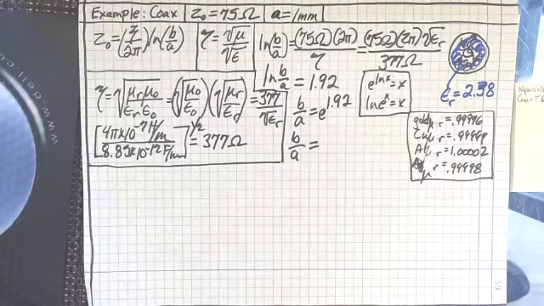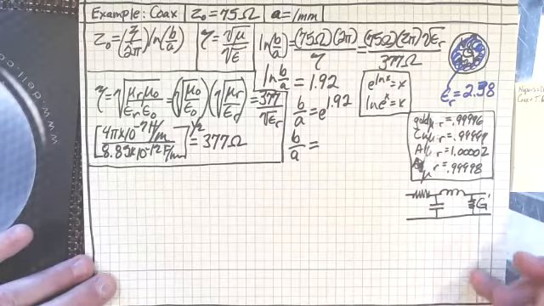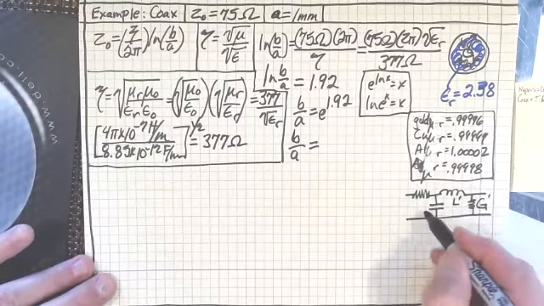And let's never forget what the communications circuit looks like. This is it. Except the G prime is always 0. And then we've got L prime, we've got C prime, and we've got R prime. And those are all resistance per unit length, capacitance per unit length, inductance per unit length, and then, of course, conductance per unit length, which is 0. So we've got this, and then we take the e to the 1.92, and we get